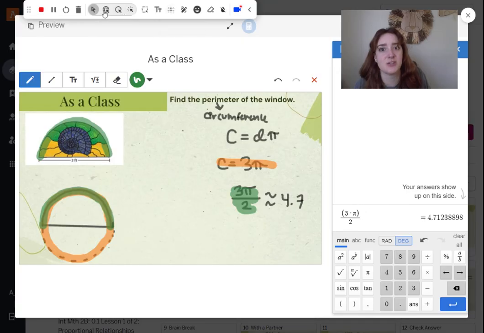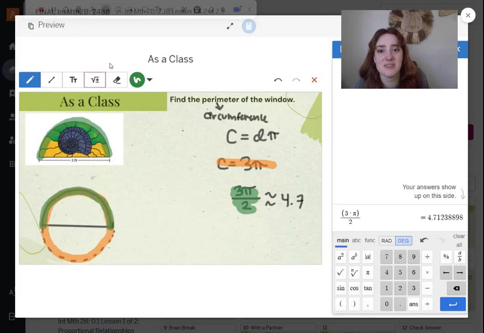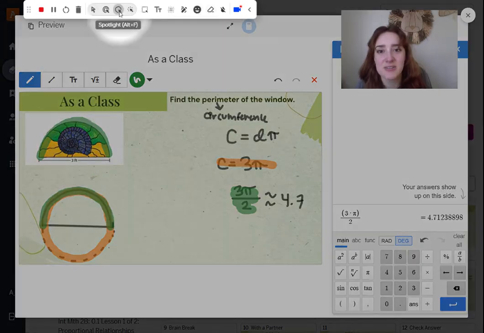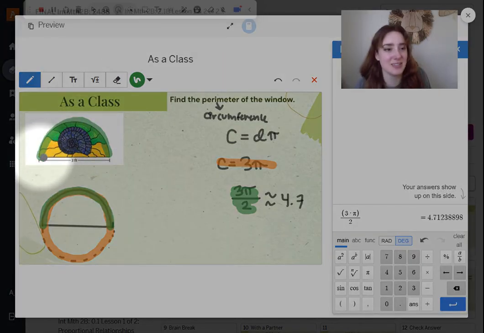Hold on, I have a laser pointer somewhere here. Wait, please stay with me. Wait. Oh my goodness. I could have swore I had a laser pointer. It's fine, I've got a spotlight. Okay, this is so much better. Why have a laser pointer when you can have a spotlight? Okay, so